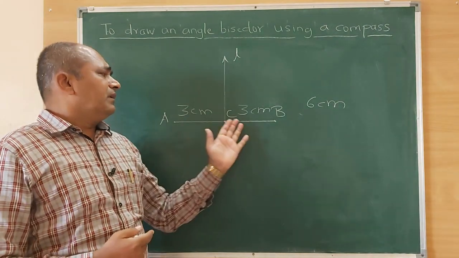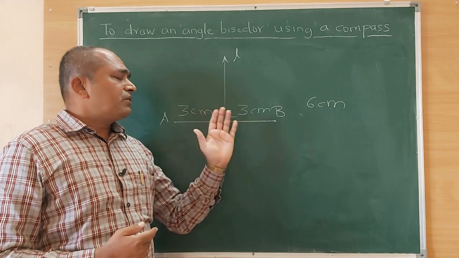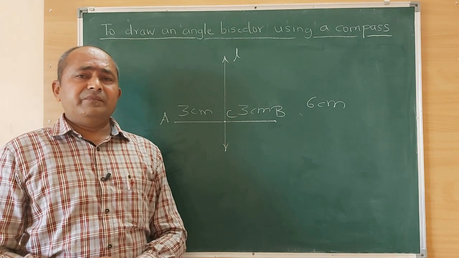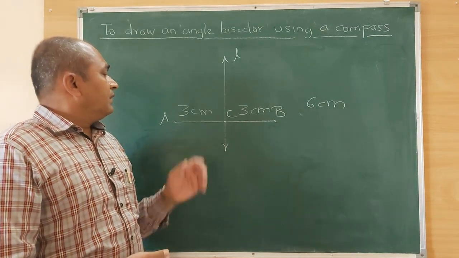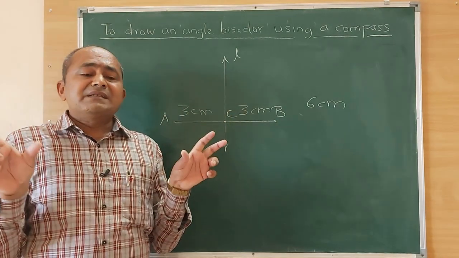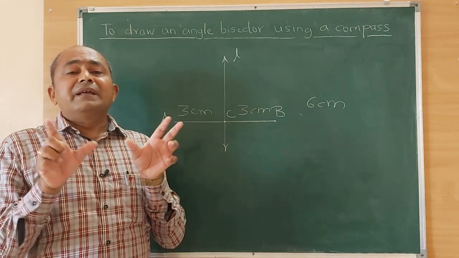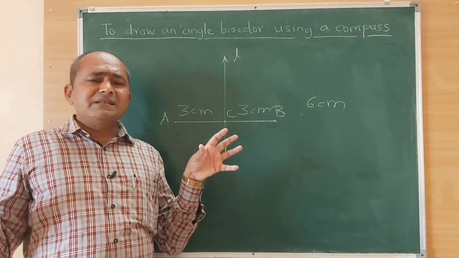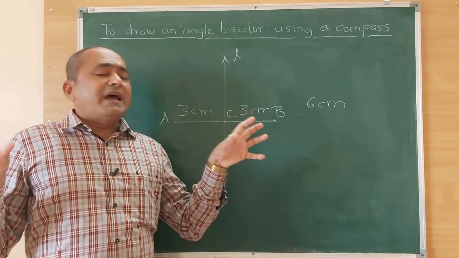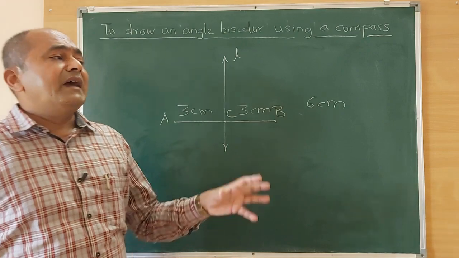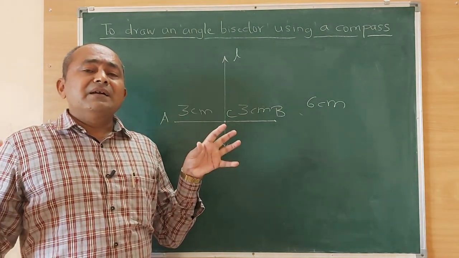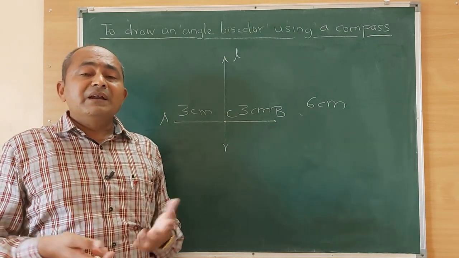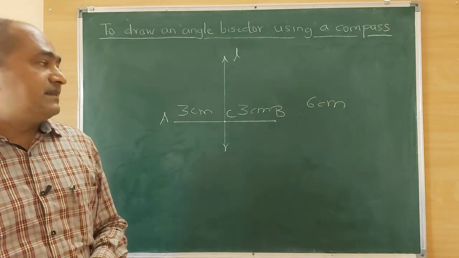Now here I just now said two equal parts or two congruent parts. Congruent parts means identical parts. Suppose if the lengths of two segments are the same, we can say they are equal or they are congruent. If the diameters of two circles are the same, one circle with diameter 4 centimeter, another circle with diameter 4 centimeter, means those two circles are of equal size, so I can say those two circles are congruent. You will learn about congruency in 7th standard in detail.